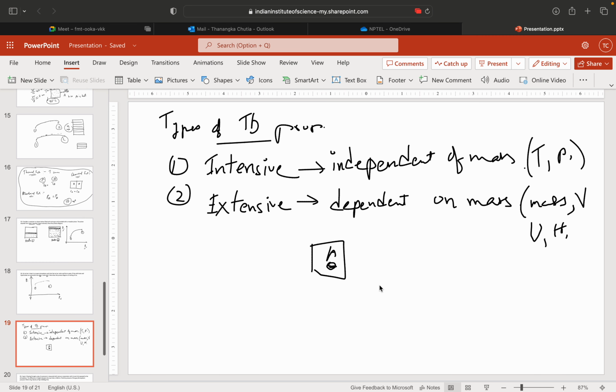Okay, sorry for the network interruption. Okay, so extensive properties, what I was telling, yeah, volume, because if you increase mass, the volume will increase, and if you decrease mass, the volume will decrease. Okay, next is,